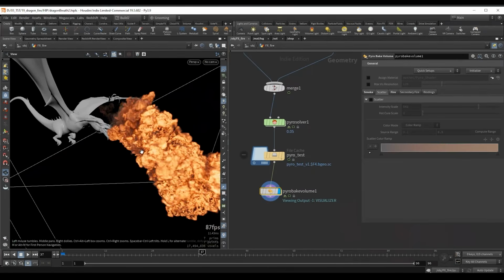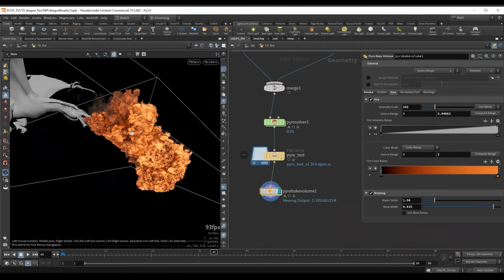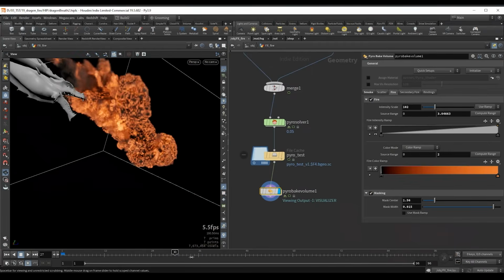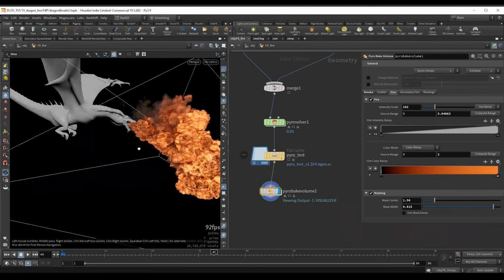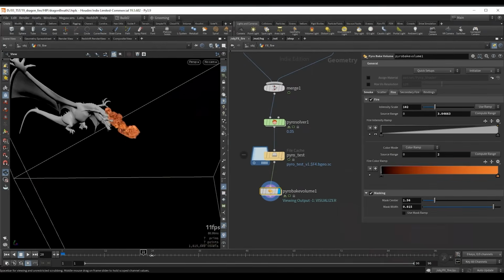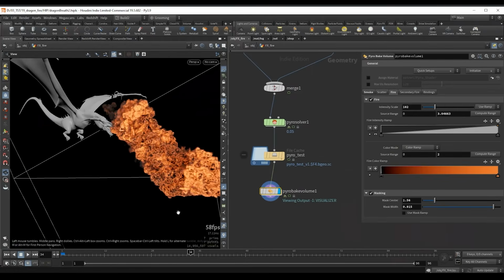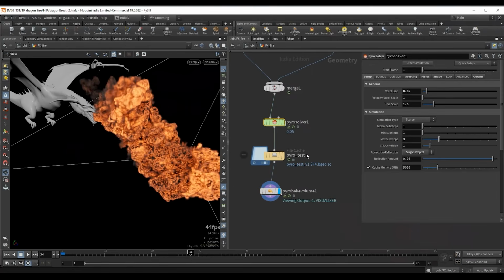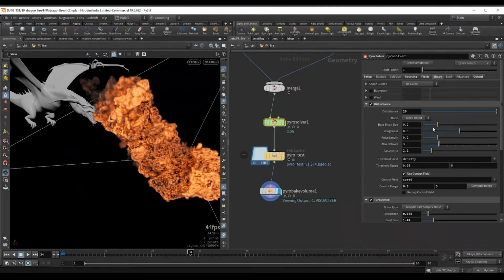Let's just disable the scatter. All right, let's go back to the fire. And even though this is a pretty cool effect, I think the time scale really turned this look, it made everything a lot more chaotic than it should be, I believe. Let's take a look at some of the settings here. I will set the time scale back to 1, and maybe also I can reduce the disturbance a little bit.